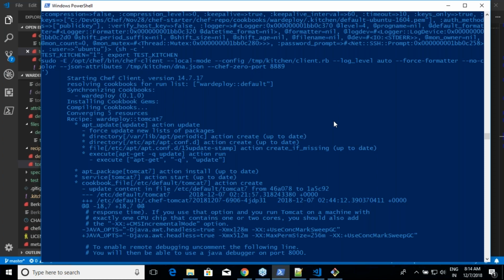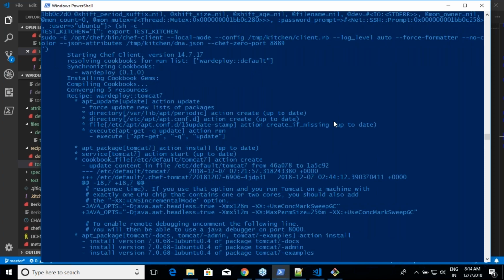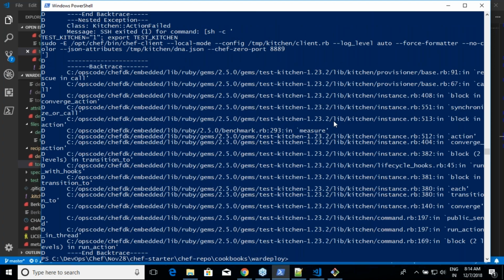Is this becoming really difficult? Yeah, there is a failure. It's okay. We'll find out what it is. But the whole point is, what is the setup which we are trying to do right now? We are writing the cookbooks and we are checking them then and there itself.